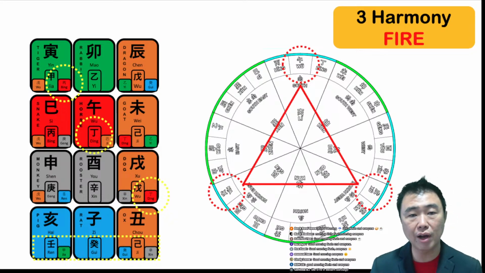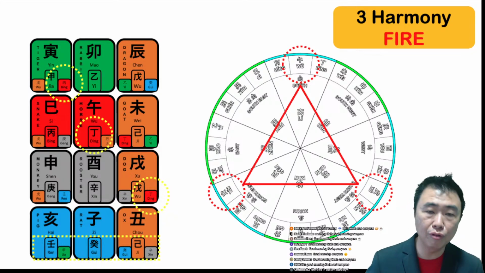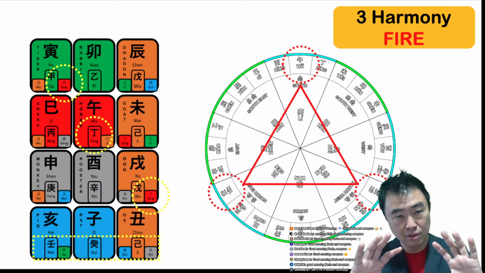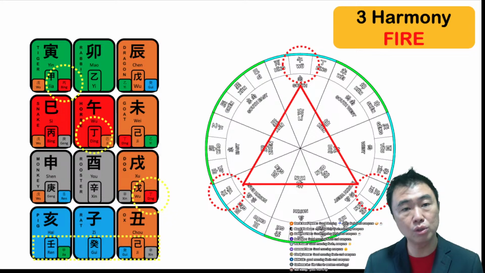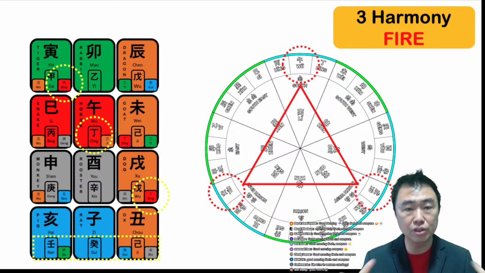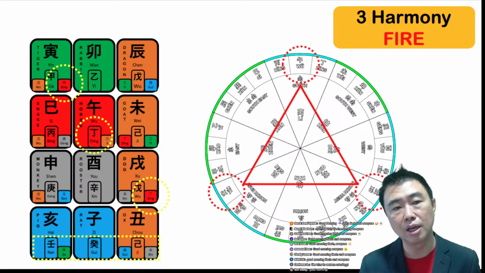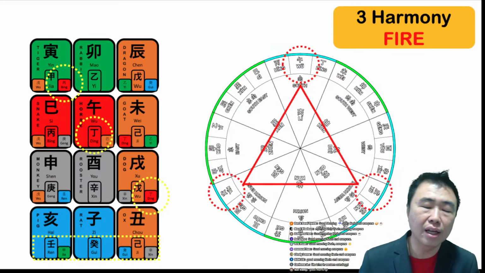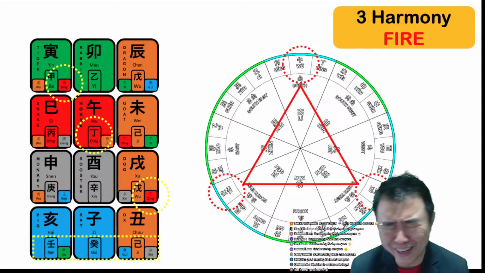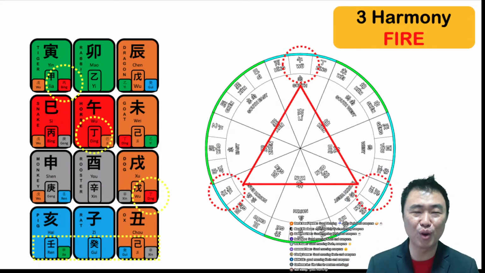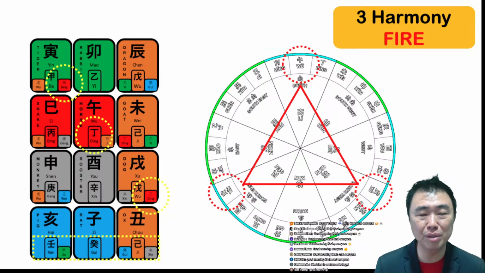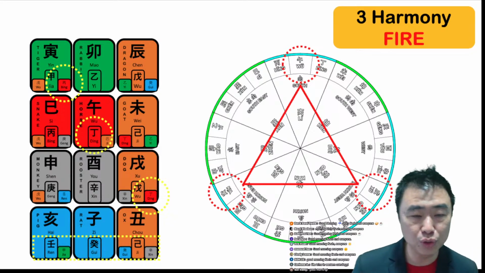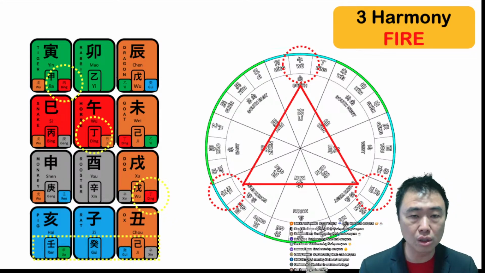Of course, when we talk about the fire frame, the fire energy becomes more prominent. The fire energy will also produce earth, so both fire and earth energy inside your chart. When you are subjected to that particular three harmony, whatever fire energy and earth energy is inside your chart becomes enhanced. Now again, the word enhanced doesn't mean good. It really depends on the construct of your chart first. Enhanced means that it becomes more available and easier for you to use. If you don't know how to use it, it's equivalent to dead.